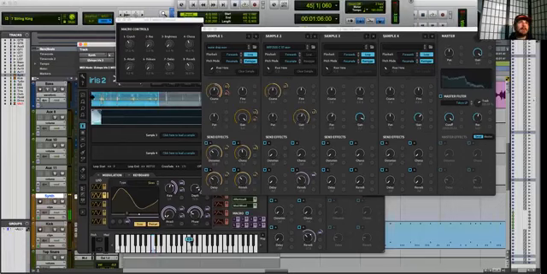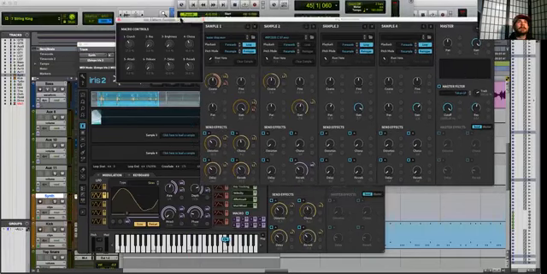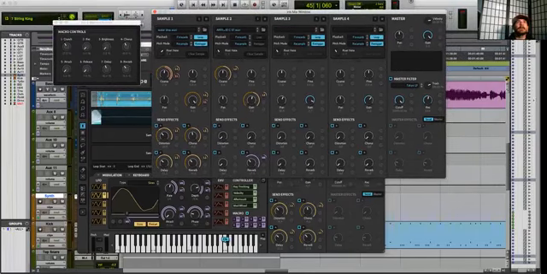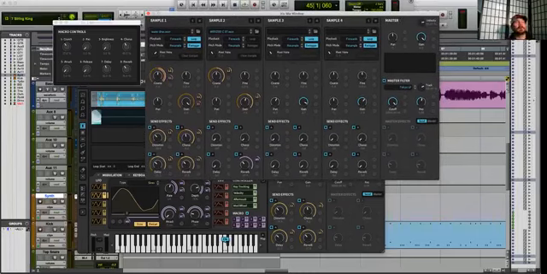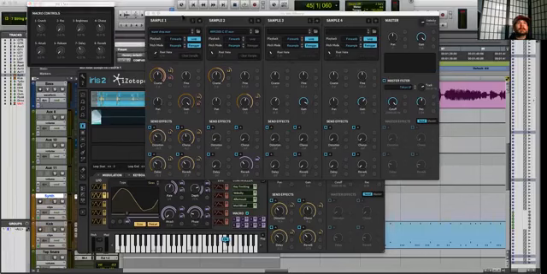So maybe that drop is taking too long to get in. So we're gonna bring this first one over a little bit. See how I came over here and I moved this. It's going to now attack it faster. And this is just a synthesizer, the ARP 2500 and dripping water. Okay, so